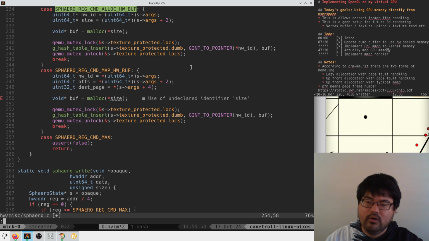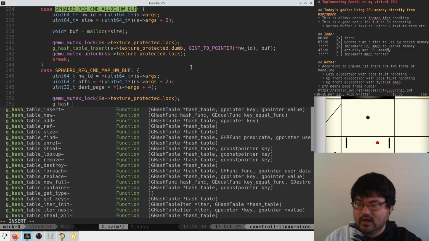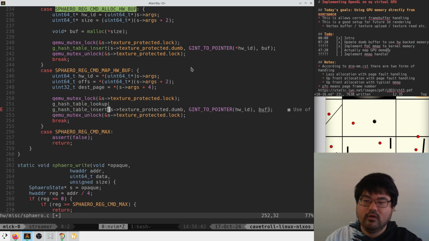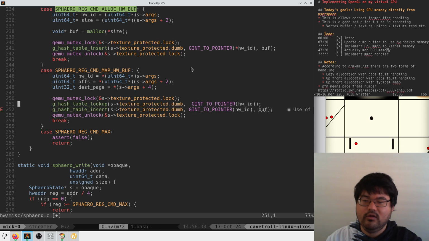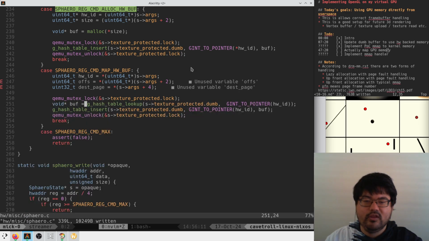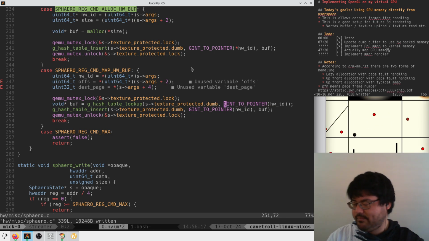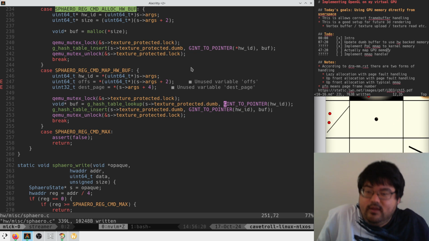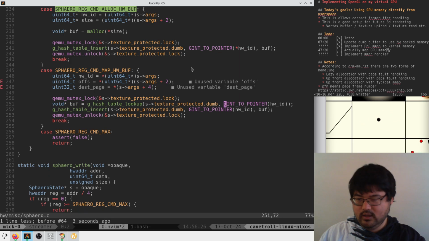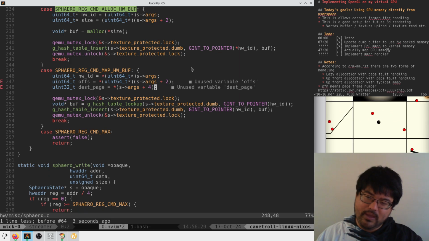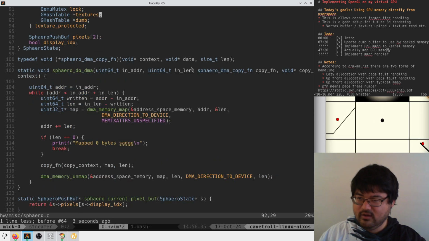We're going to look up this thing. So we're going to call g_hash_table_lookup on our hash table, and this is going to look like this, okay? And what's going to happen here? We are going to take the offset and put that into a page table somewhere, is my guess. That's my guess, that we're going to have like